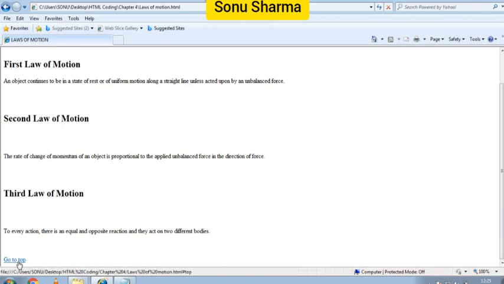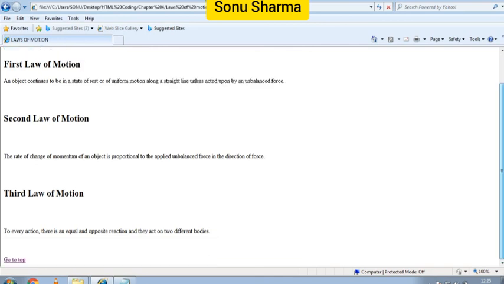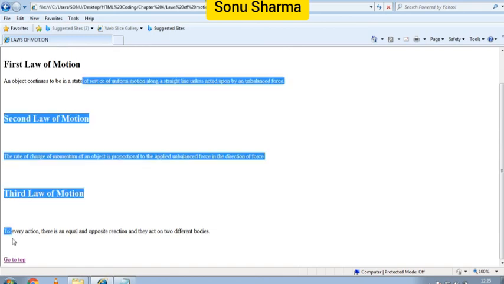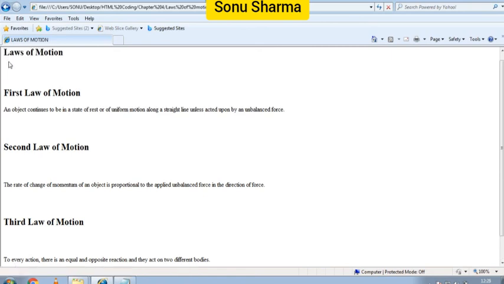When you click here, this is the hyperlink, so it will identify where to go. So the page will let you go to the top of the page. This is the identification. So click here. When I click here, now see the changes. See, the top of the page has come. The laws of motion has come from here. So again I am showing here, go to the bottom. Again click here. Now at the top it is written first law of motion. When you click here, go to top, it will show the first heading. See, the laws of motion came now.